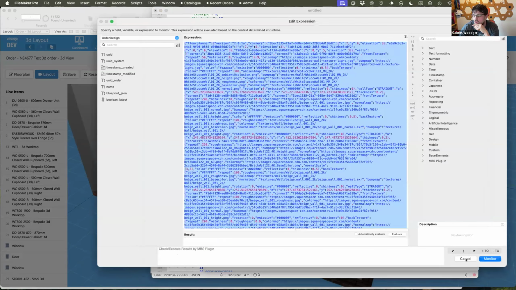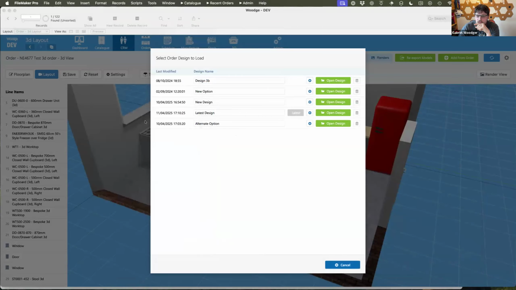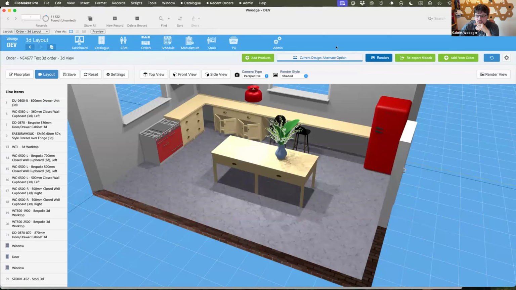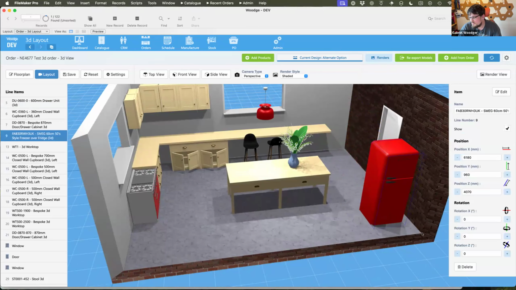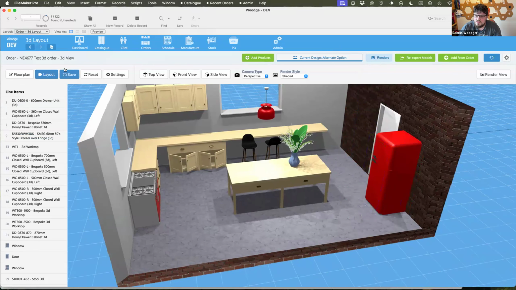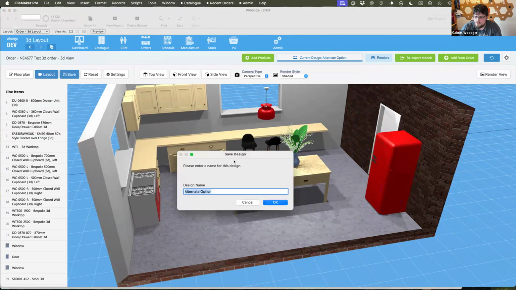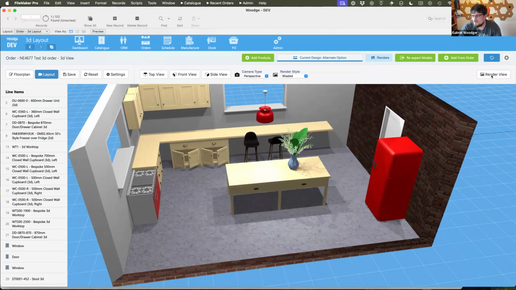So effectively then, when I save the design from the web viewer, that configuration is what gets saved into a record inside of here for this design. So then if I take this, move the fridge over and rotate it, then save that design. This is then a FileMaker window to be able to save it over the top of an existing design from there.